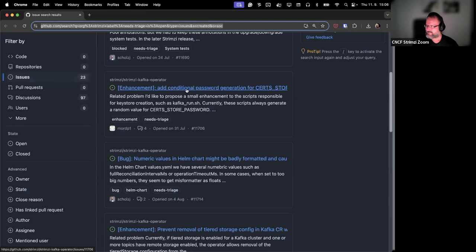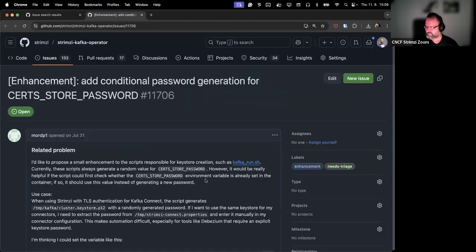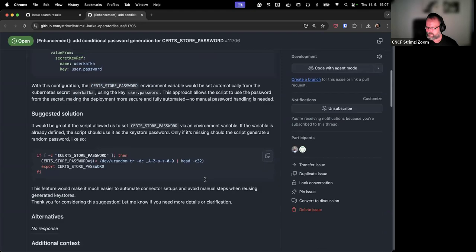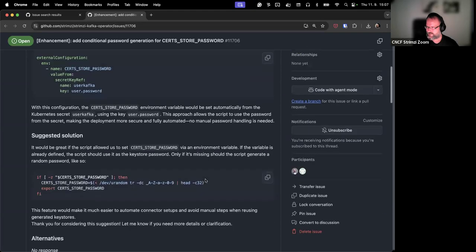Okay, the next one is from some user who wants to set his own cert store password variable.